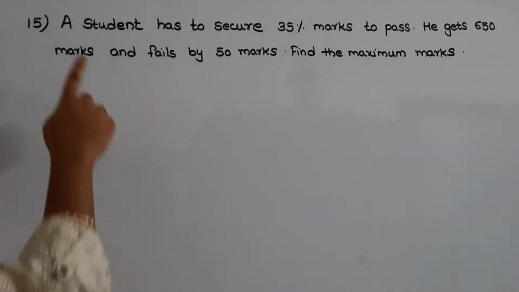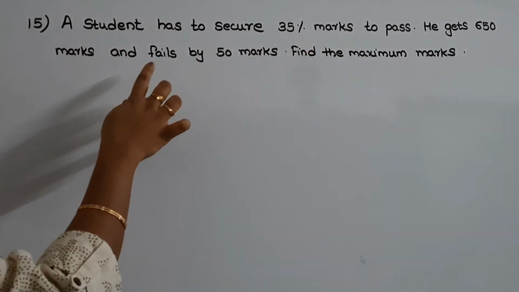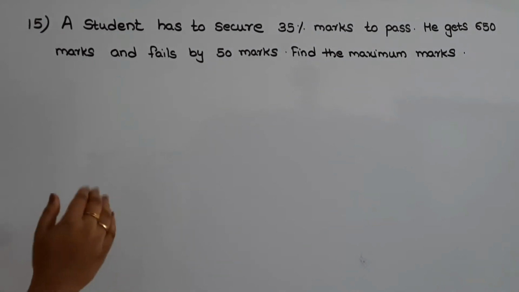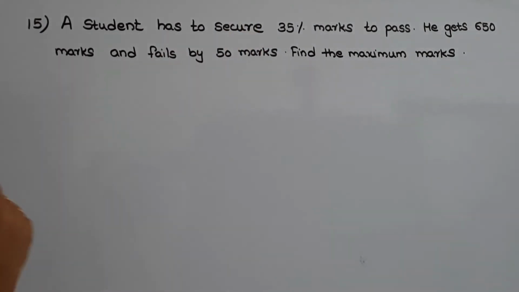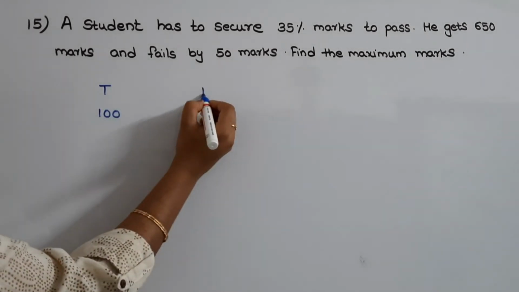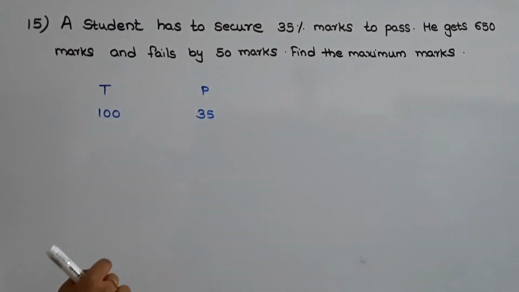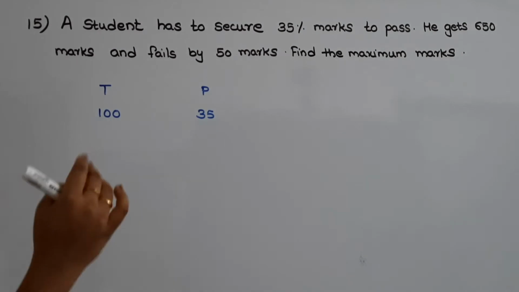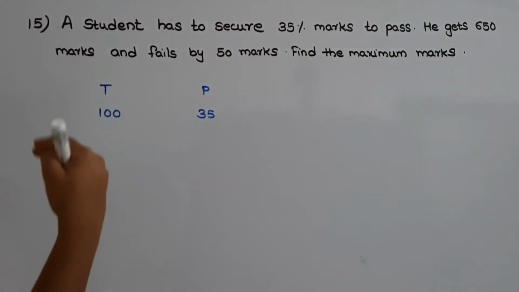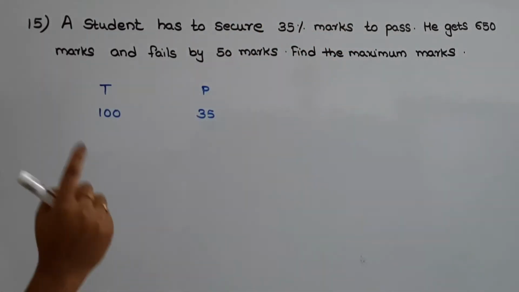The next question is, a student has to secure 35% marks to pass. He gets 650 marks and fails by 50 marks. Find the maximum marks. In this question, they have given the pass percentage as 35, which means if the total marks was 100, then the marks required to pass was 35. A student gets 650 marks and fails by 50 marks, which means if he would have got 50 more marks than 650, then he would have passed, which means the passing marks is 650 plus 50,